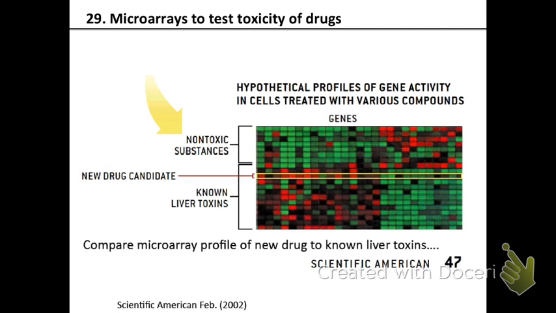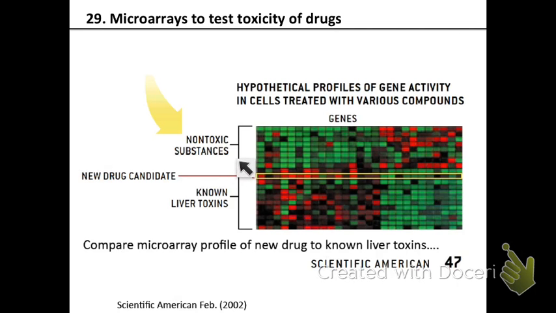You want to do these experiments in vitro. That means outside the organism, right? So you want to do these in dishes. You want to predict if a drug is going to be toxic or not. What can you do? For example, you have a new drug candidate and you want to know if that's going to be toxic to liver cells. What you can do is grow liver cells in dishes,